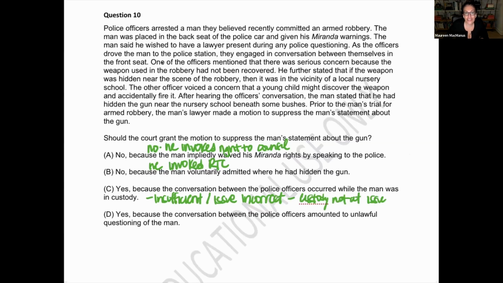But the questioning is the conversation that the officers are having. Officers are having this conversation because they know that it's likely to get this person to say something. So it doesn't matter that the police officers are engaging in the conversation between themselves. They're doing it because they know that even criminals probably don't want little kids to get hurt. Right. So a reasonable person is likely to give an incriminating response if you say all of this stuff. So this comes from a case. Yeah, it doesn't matter that the conversation was between the officers.